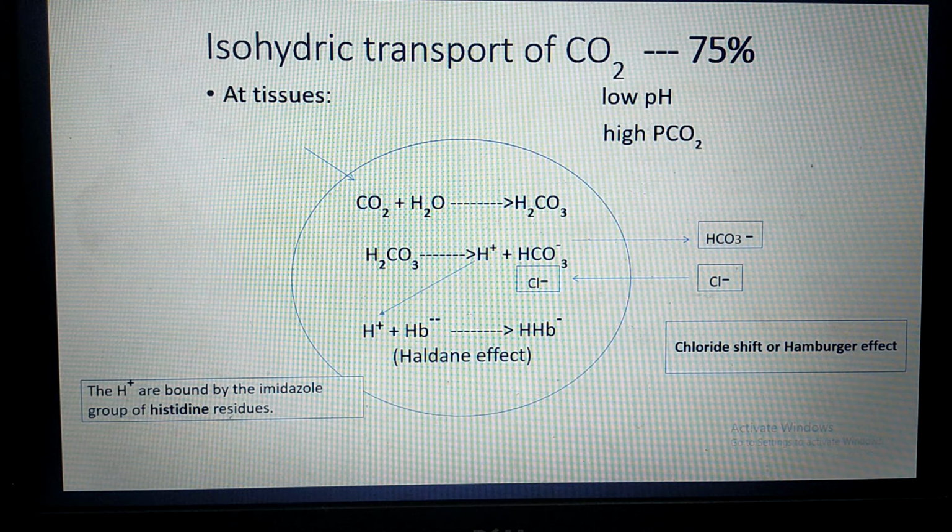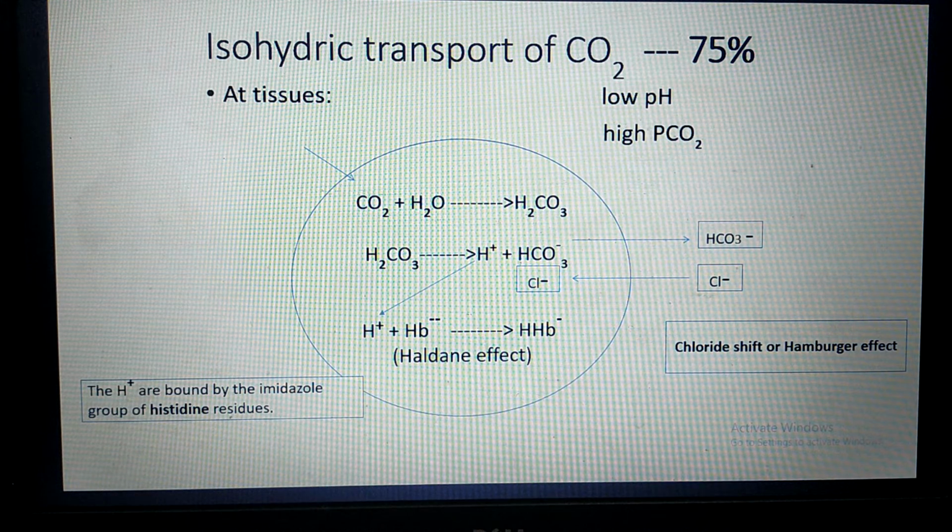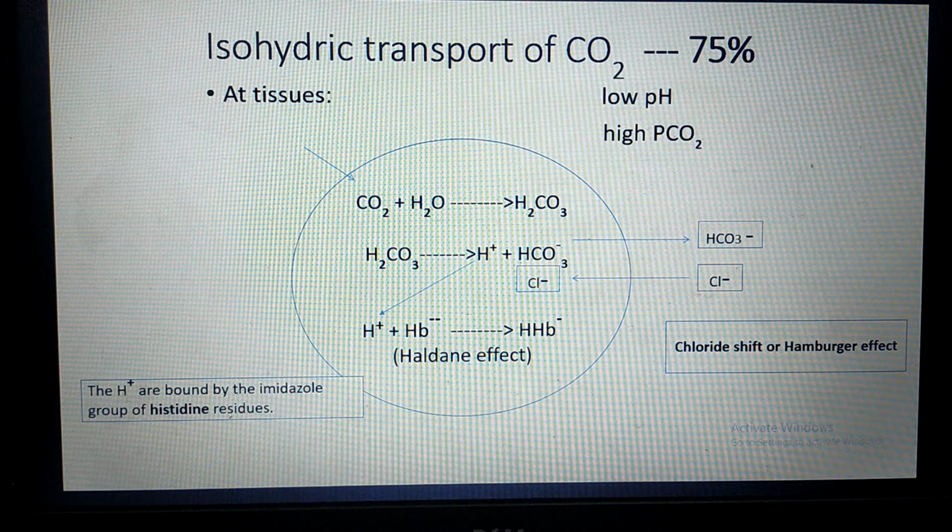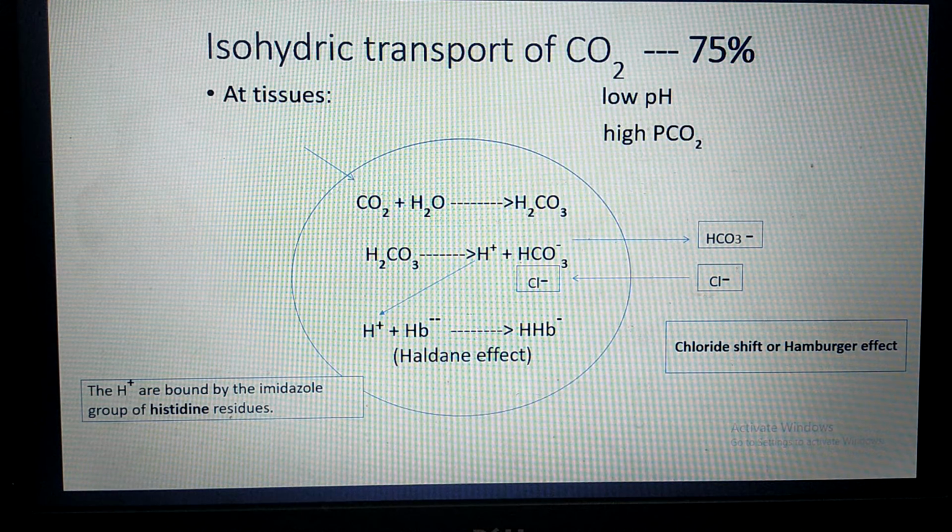Here the most important enzyme required for this reaction is carbonic anhydrase. Now this H2CO3 is then broken down into H plus and bicarbonate ion, again catalyzed by the same enzyme, that is carbonic anhydrase. Now this H plus ion, if it remains free inside the RBC, tends to decrease the pH of RBCs. Therefore, these H plus ions are readily taken up by